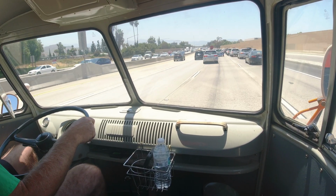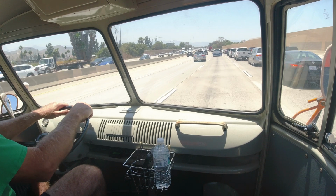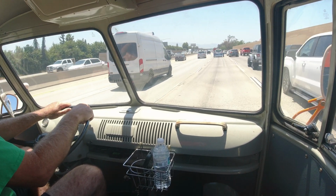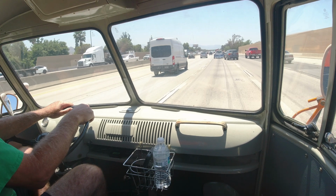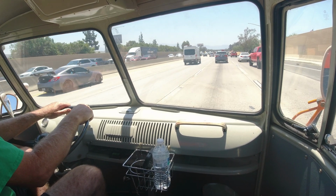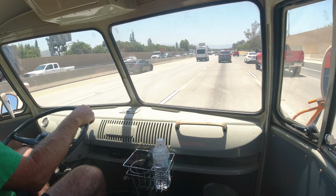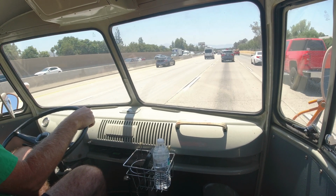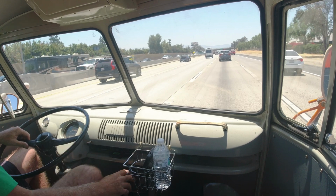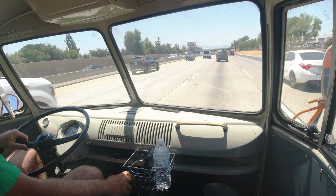Now, is it enough of a difference to actually climb a really long, big hill? I don't know. I don't think it is. I think it's just going to run hot. I just don't know if this thing's ever going to be able to climb hills. I'm going to have to try to play with the carburetor. Maybe we'll do some emulsion tube changes, or I don't really know,